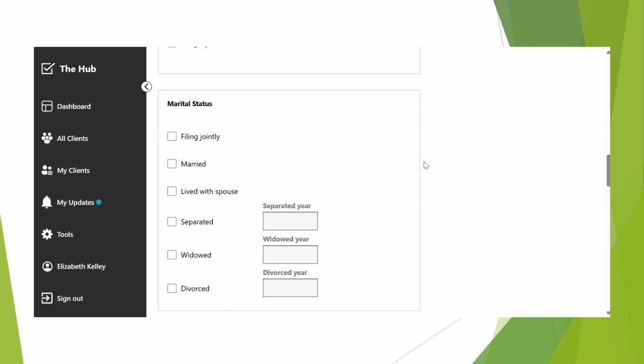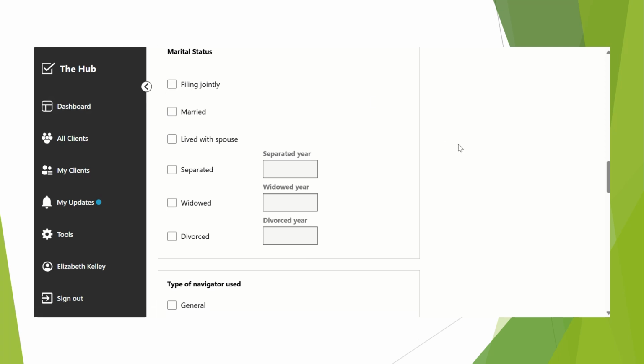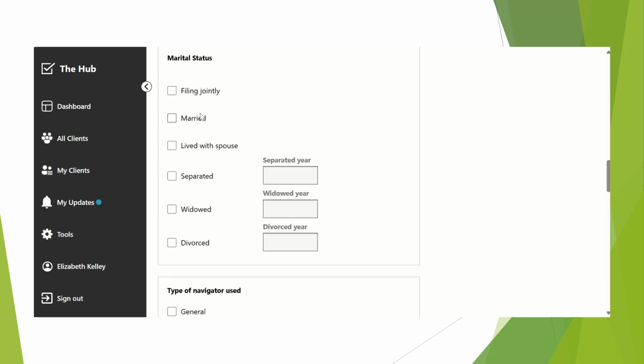Now, if a taxpayer is single, you don't need to select anything. It will default to single. If a taxpayer is married, filing jointly, you select this. You will never have to select married because that means married filing separately, which is out of scope as a VITA volunteer. So if you look at their 13614C or their supplemental intake form and it says married filing separately,